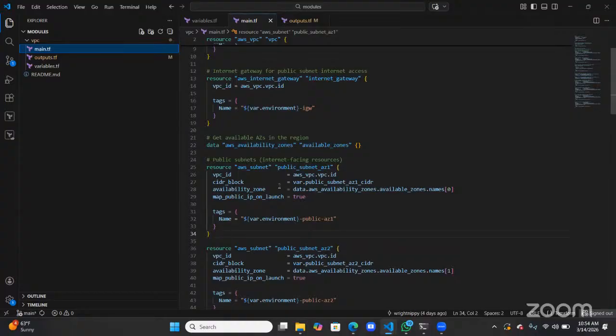Data. Can you go in your EC2 console? One second. Data AWS availability zone, console availability zone.